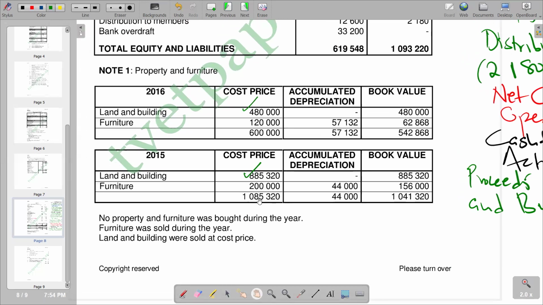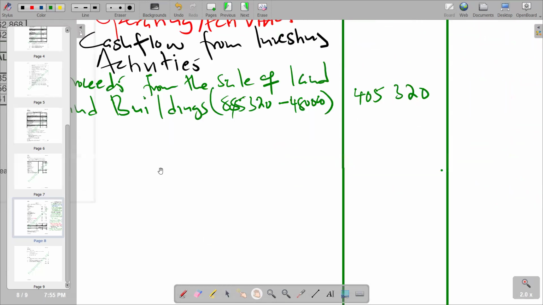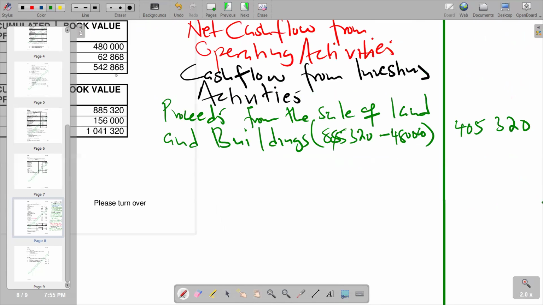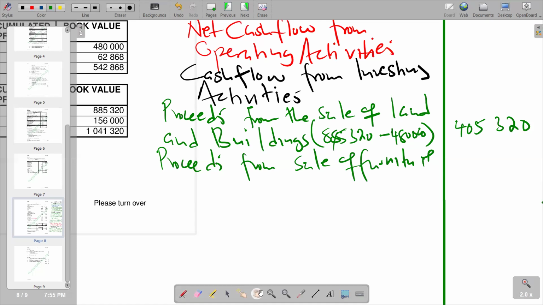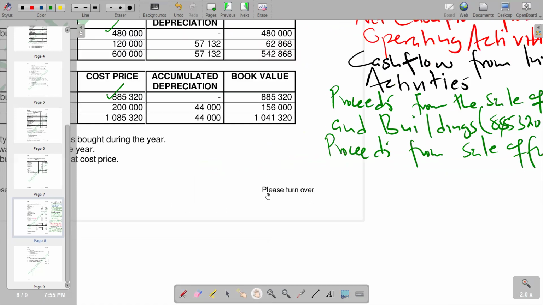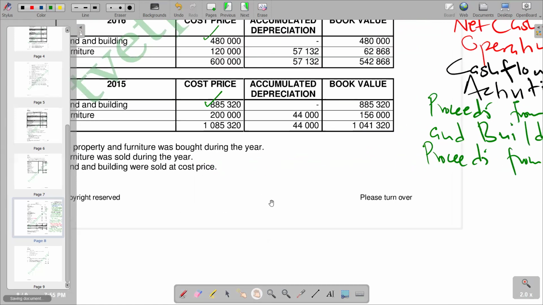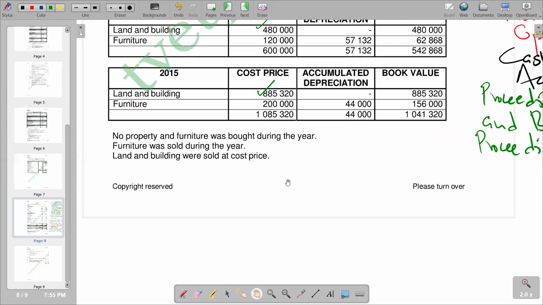Then I will also have furniture that was disposed there, whereby we are saying here the furniture was sold during the year. So we've got also proceeds from sale of furniture. So we can just go there and indicate it, and we calculate for how much proceeds from sale of furniture. We are not given any hint in the explanation in terms of how we can arrive at those proceeds,